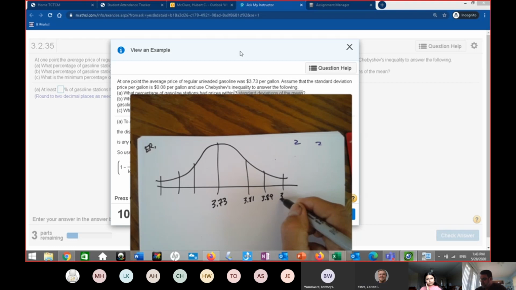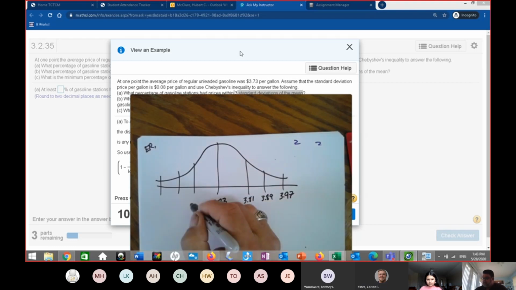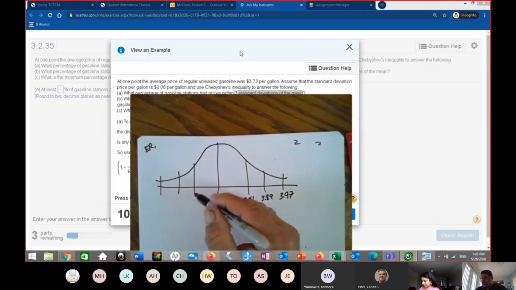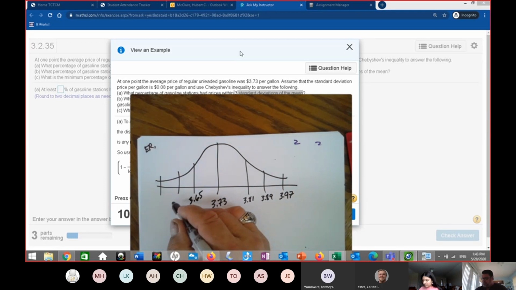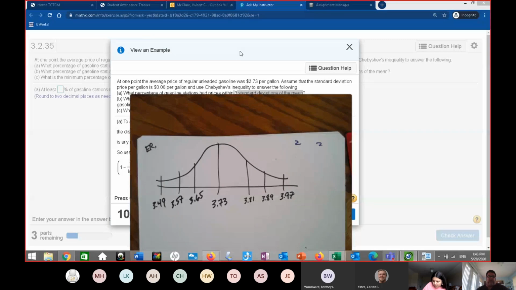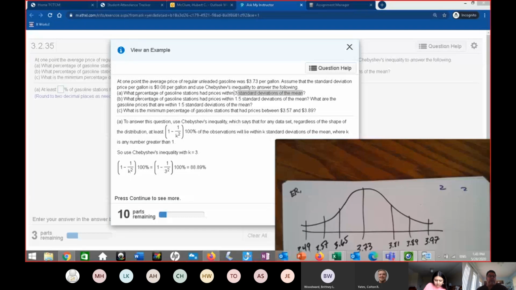Yes, sir, 3.97. And back up here, 8 cents off of this is going to be 3.65. And 8 cents off of this is 3.57. And 8 cents off of that is 3.49. Now, what he's saying on the question is, what percentage of gasoline stations had prices within